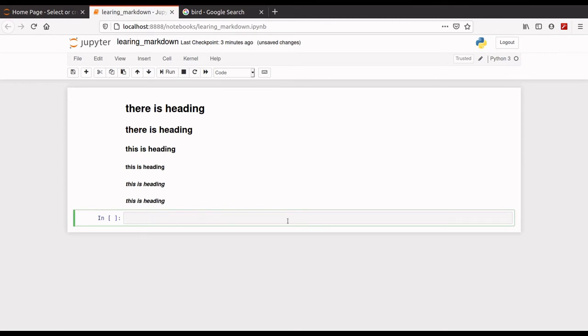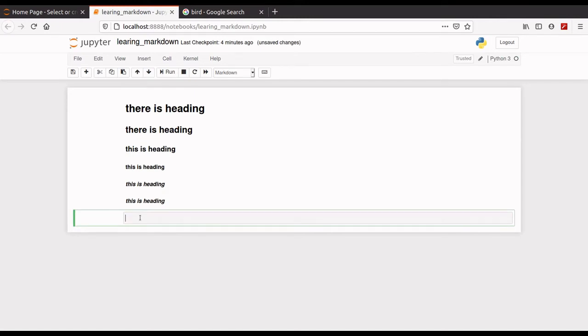Now again look, the cell outside color is green, and it is not Markdown cell. So to make Markdown cell, you can come here and make from here Markdown, or you can use keyboard shortcut as well. So to make a cell Markdown by using keyboard shortcut, you first click here. Now it will be blue, and now click M. Look, now the cell has become Markdown.